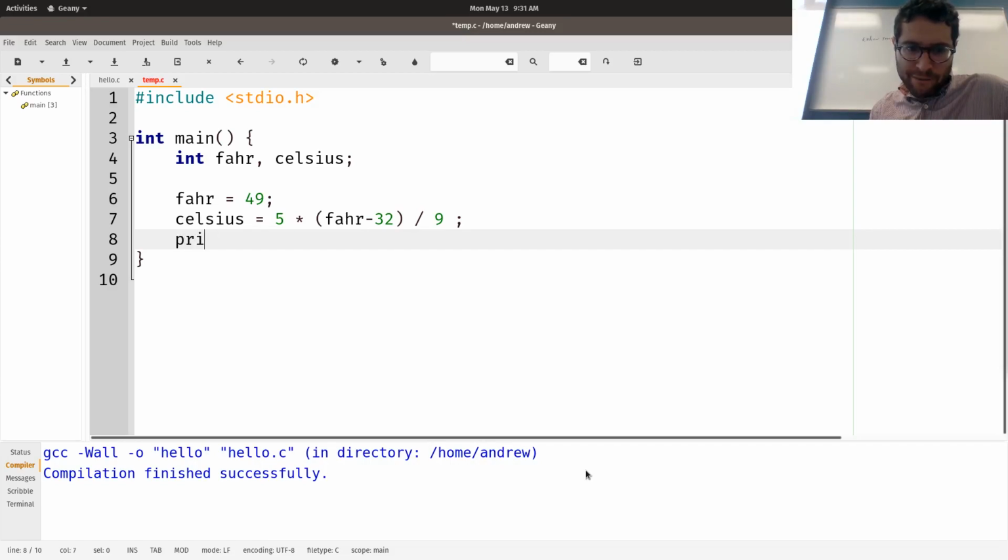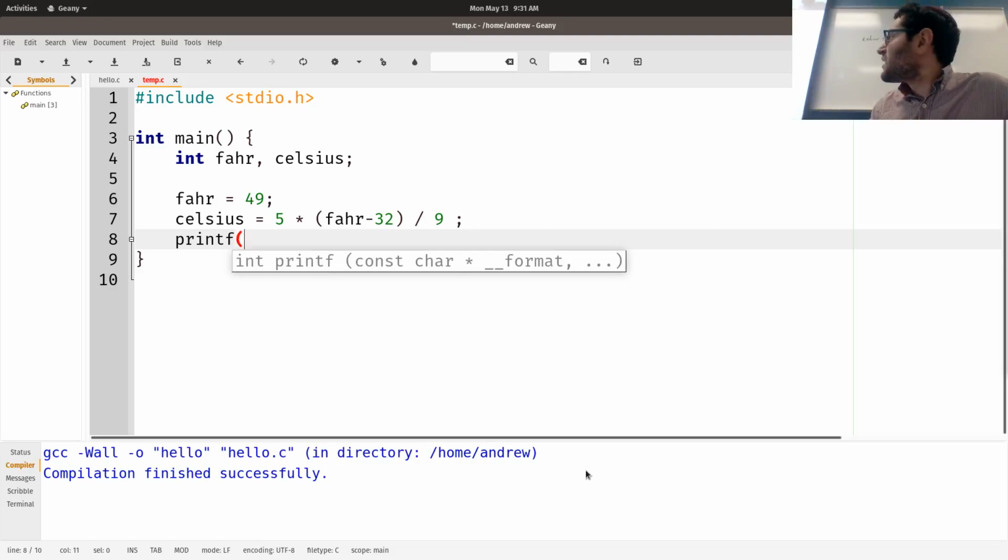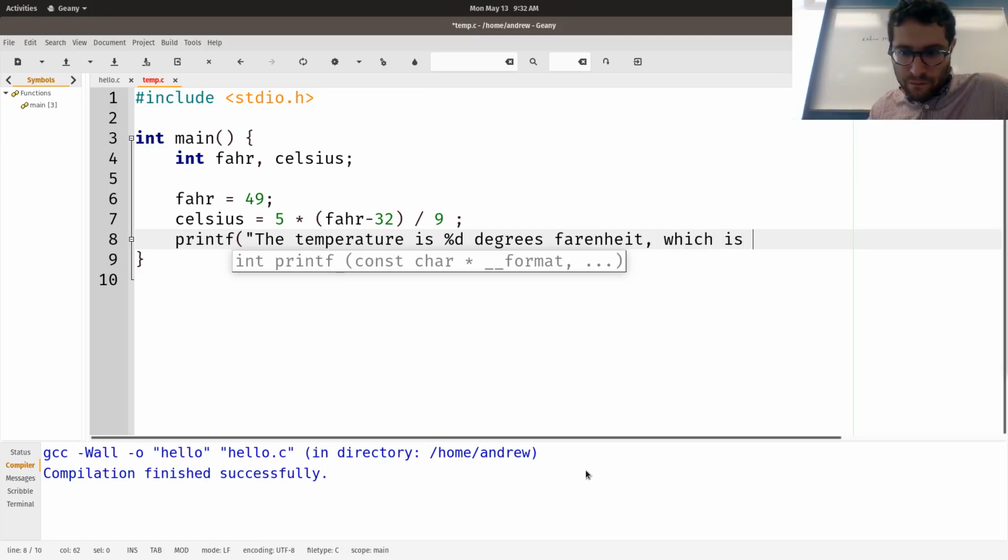And now we'll just do printf the temperature is, let's see, digit degrees Fahrenheit. \n, or actually I'll put the \n afterwards, right?